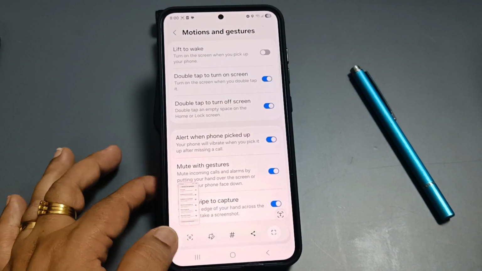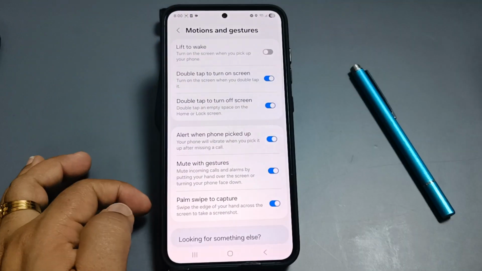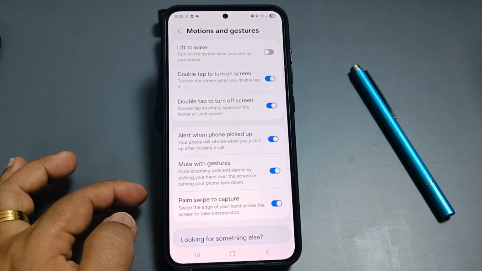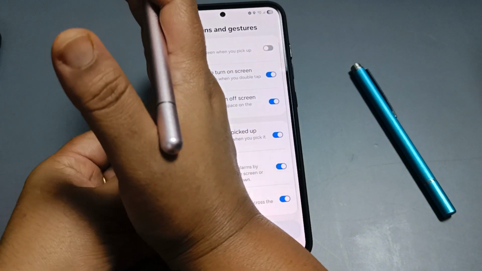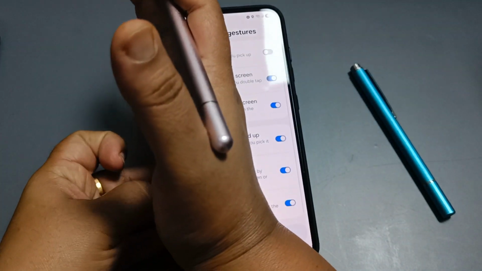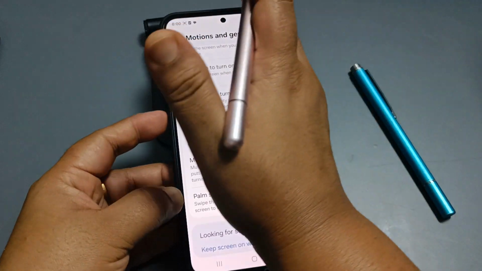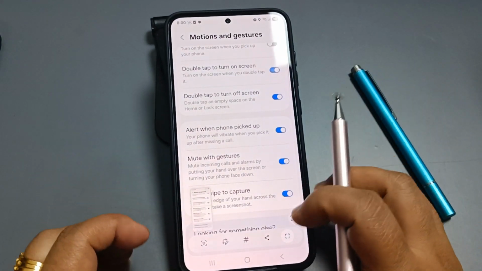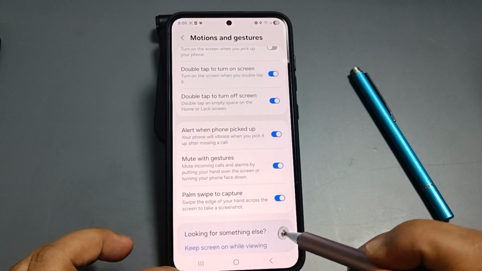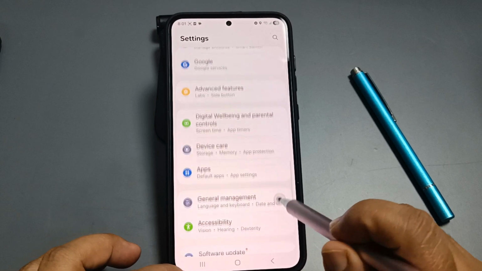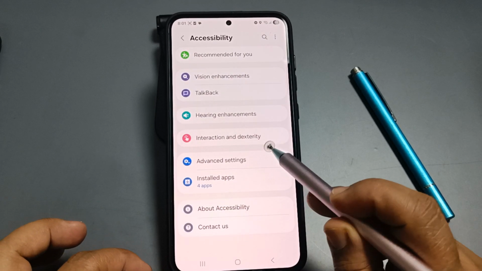You can see the screenshot is captured. Just wait. You can see, right? And the second method, go to the main page of settings, tap on accessibility, tap on